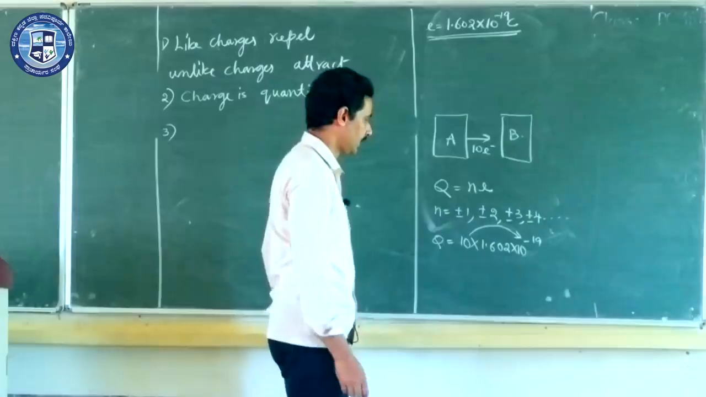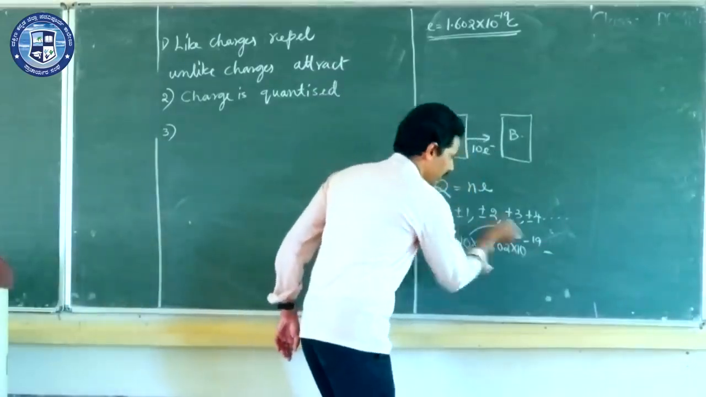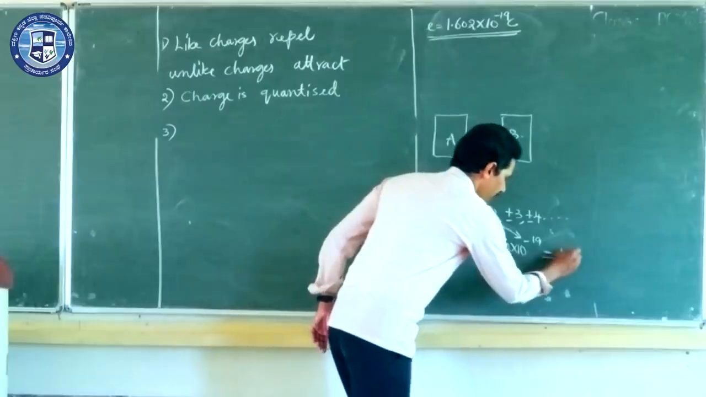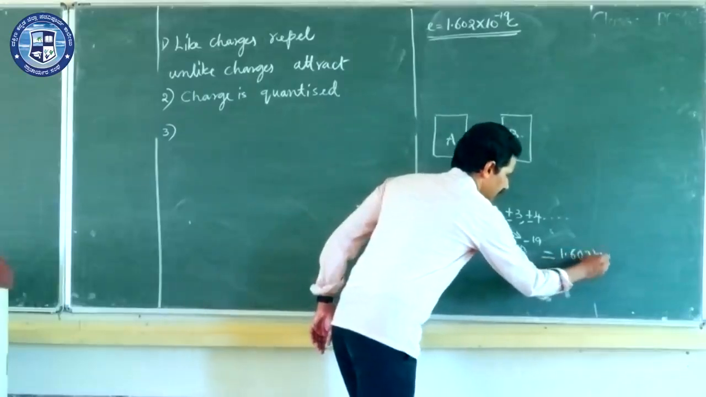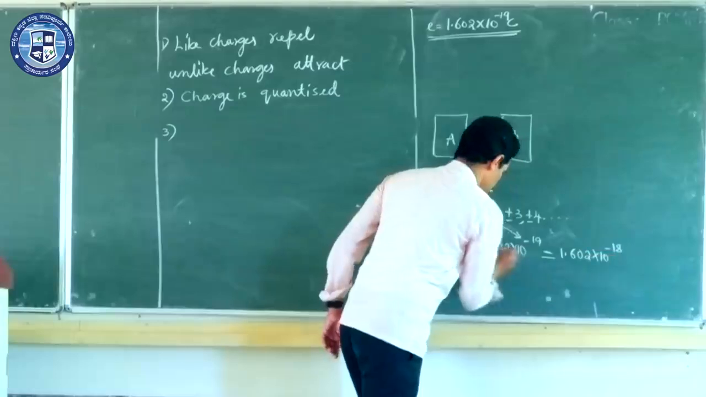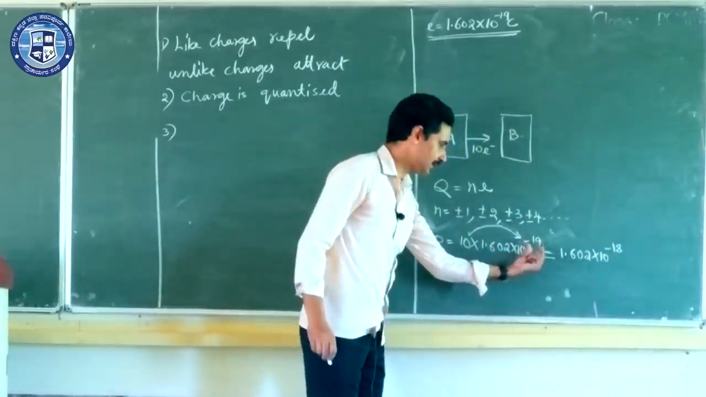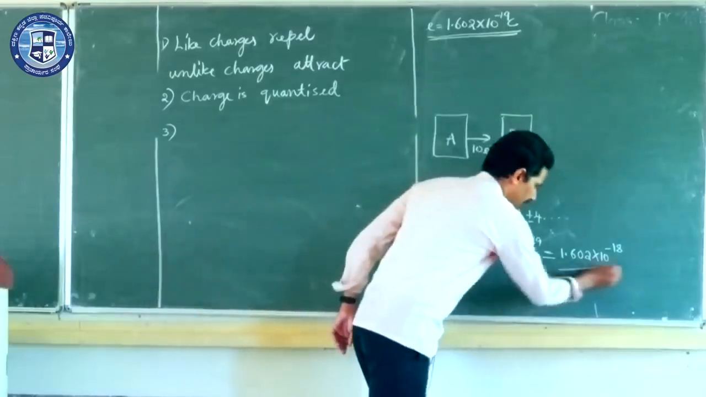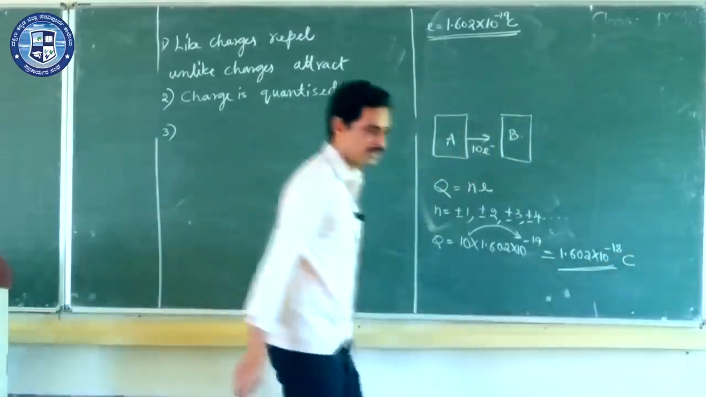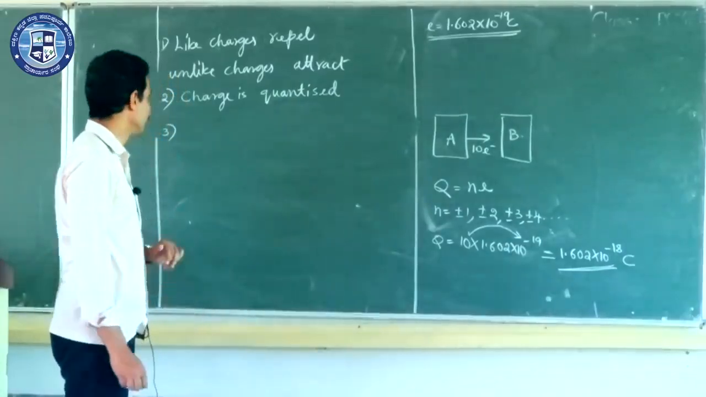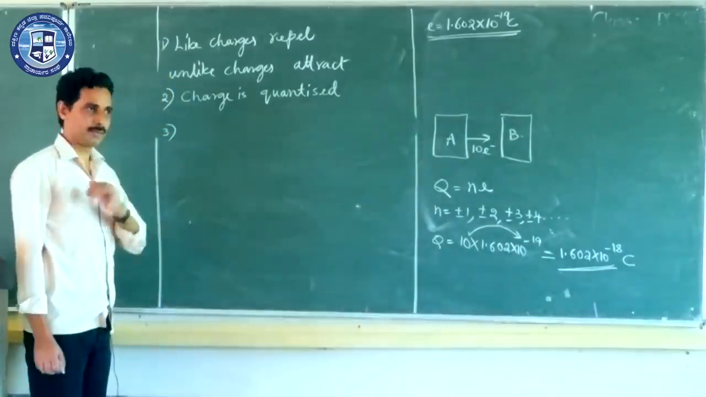I will ask this 10 to make a friendship with the 10 to the power minus 19. What will be the answer then? 1.602 into 10 to the power minus 18 coulombs. Here you have 10 to the power 1, and here you have 10 to the power minus 19, so minus 18 coulomb. The SI unit of charge is coulomb. We will see what is 1 coulomb. Okay. Now, if you want to write another property of charge,